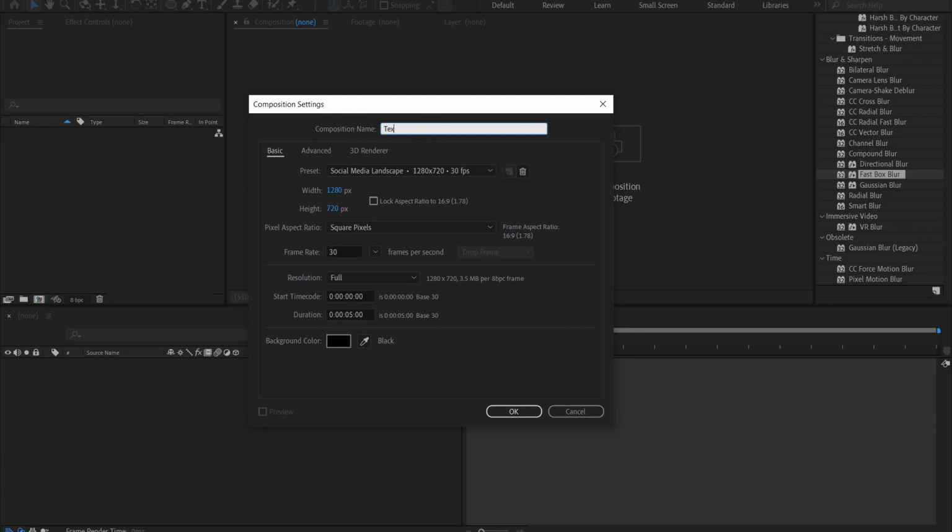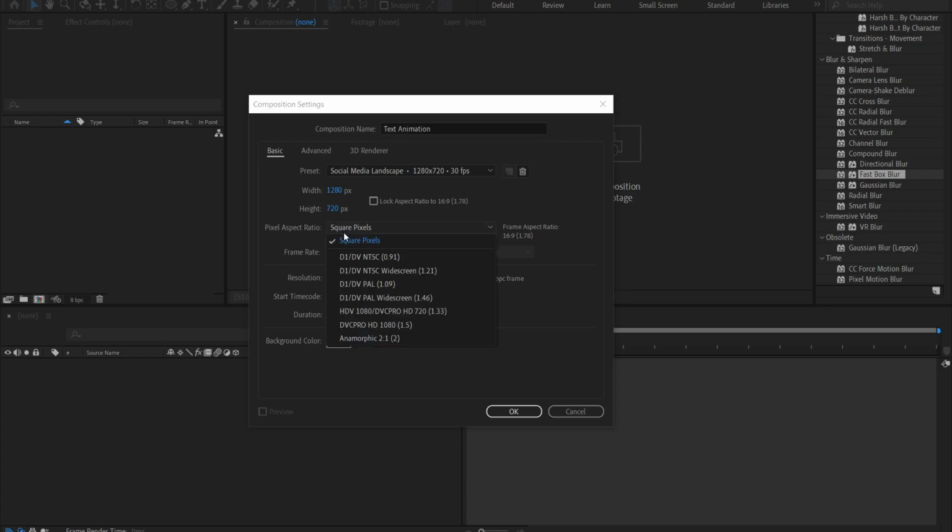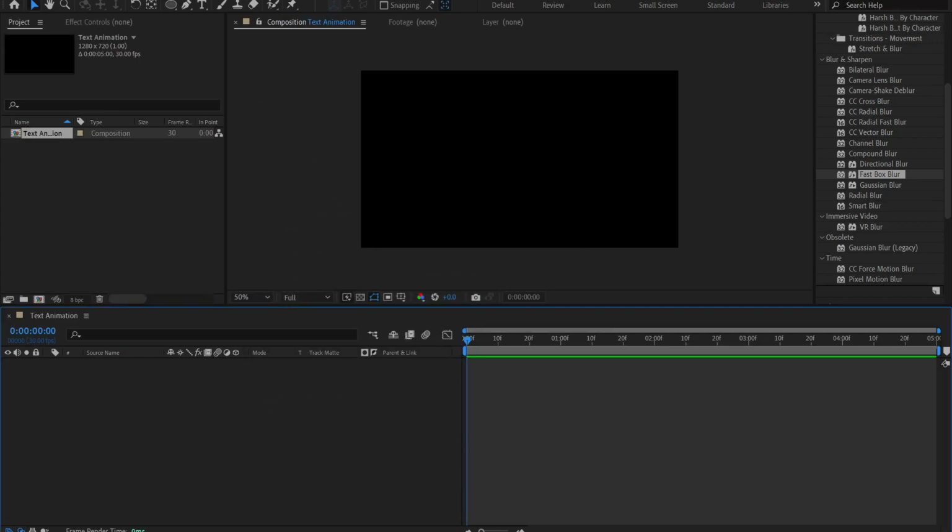Composition name, we'll call it texture animation. We'll keep it to 1280 by 720 square pixel, frame rate 30, full, and duration 5 seconds. And we'll click OK to confirm. Once you have this composition, we're going to go ahead and create